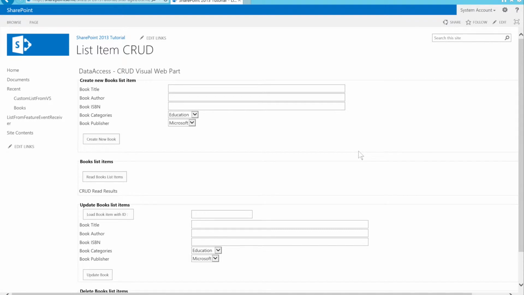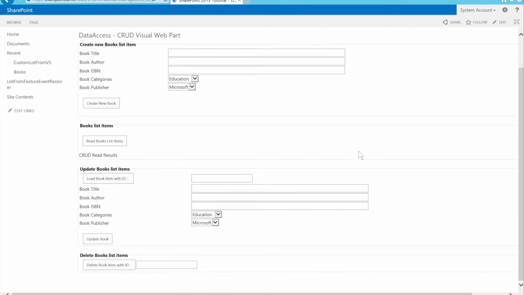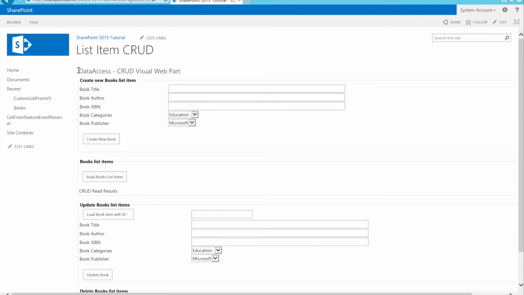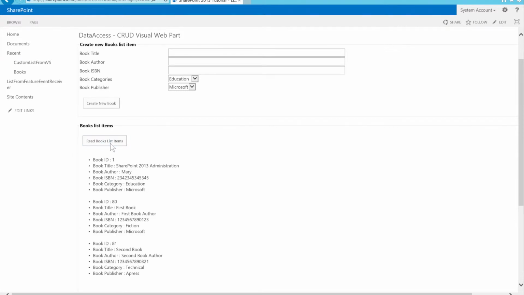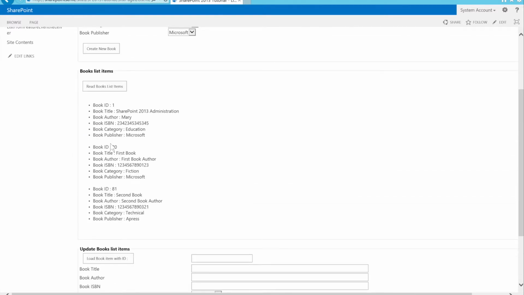I created a new page and put this visual web part in. Alright, we test on load all the list items in here first. All right, we have 3. We have 3 list items in here,